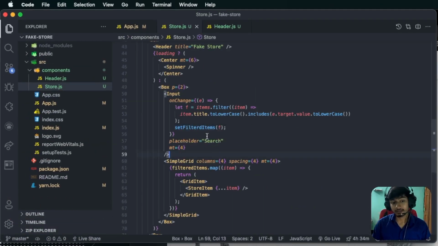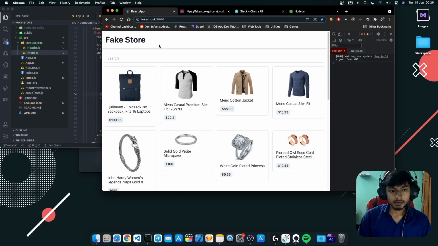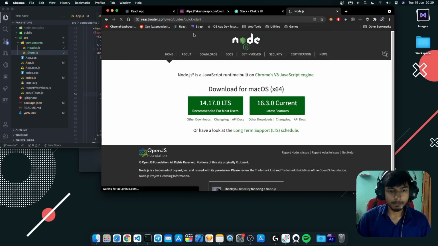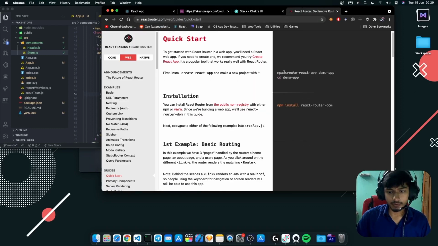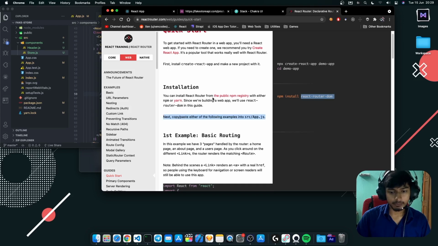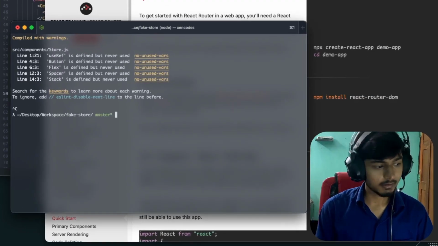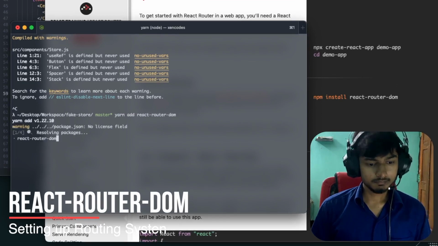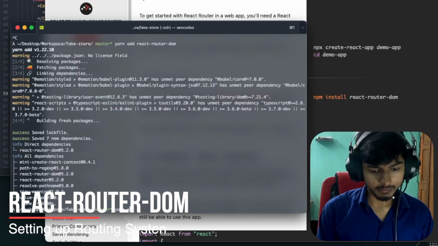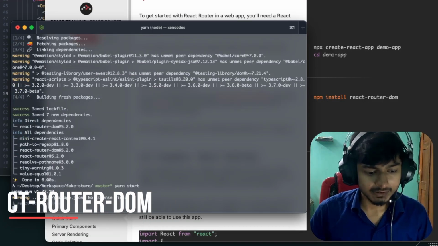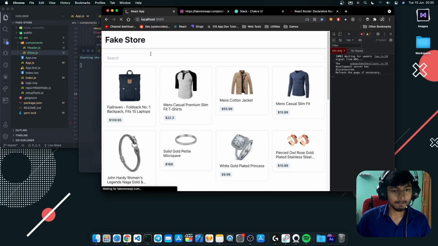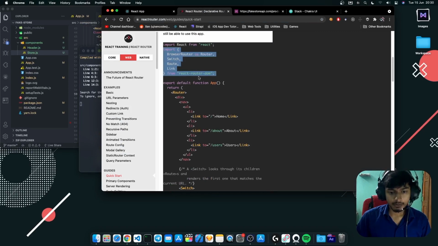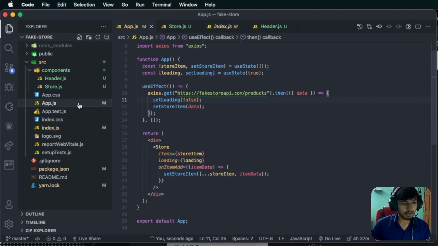Let's set up the React Router. React Router DOM, this website, reactrouter.com, and npm install react-router-dom. So let's go to the terminal and type in yarn add react-router-dom, and then enter. It didn't take any time, so that's it. Yarn start, and let's go to this website and see how we can set it up. First, import the React Router DOM inside our app.js,